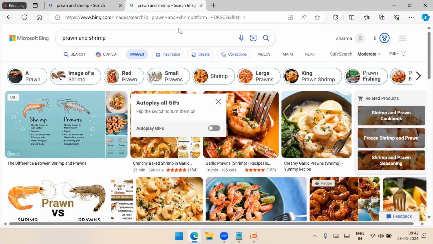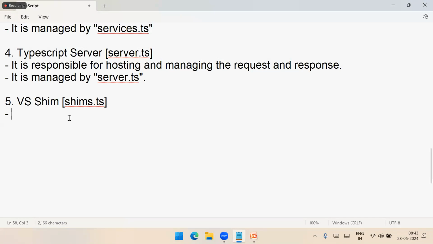The word shim represents that it is platform neutral. That means it is not specific to a platform. It is platform neutral, it can run on any platform. That's the terminology actually, so it is there in several programming languages. So it is responsible for